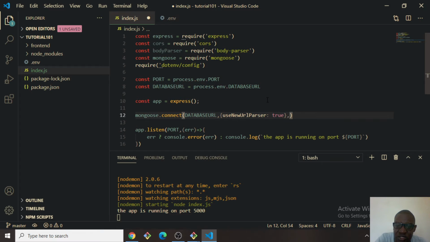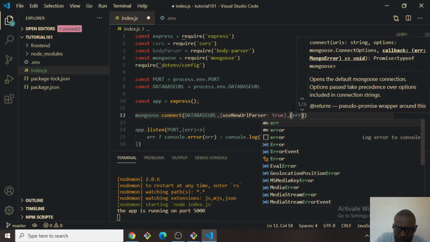Some of the things you might not understand, but as long as you understand 95% of what's going on, you always end up making a really good decision. And then you can always spend time understanding the new stuff that you don't understand. So connect database, and then after that we have a callback. Again, if there is an error,